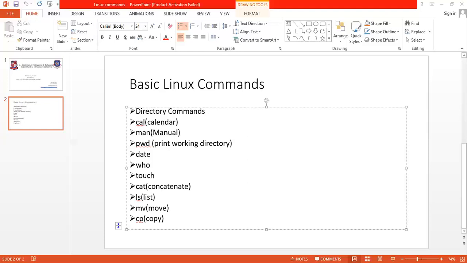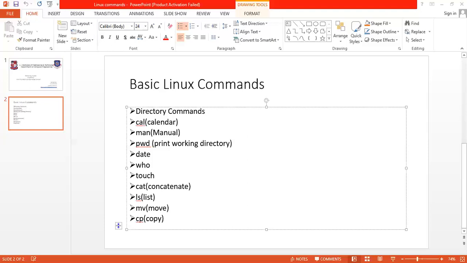Okay, now if you want to do some more operations with cat, suppose if you want to show how many lines are there in the file, if you want to display that number of lines, with the help of cat command it is possible.